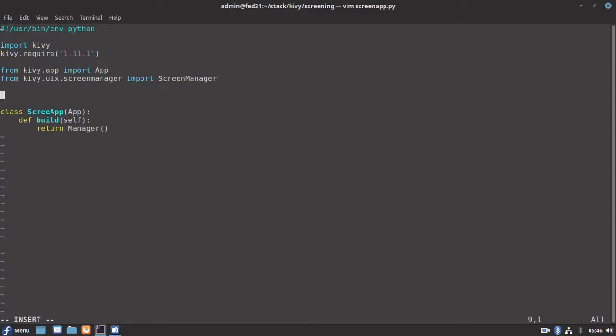Let me customize this base Screen Manager class with a class named Manager, which will extend the base class Screen Manager. This is our Manager class which is extending the Screen Manager, and this is our Screen App class extending the base class App, which will return a root widget named Manager.